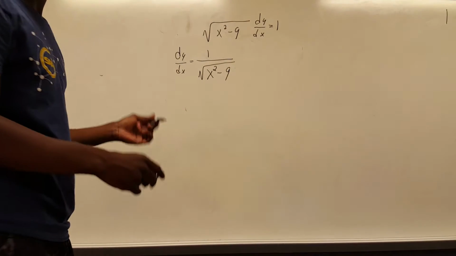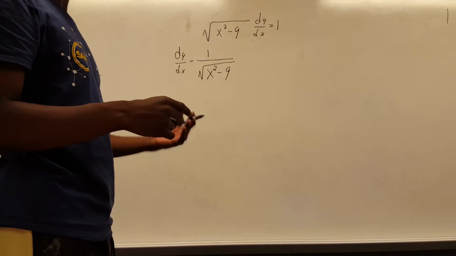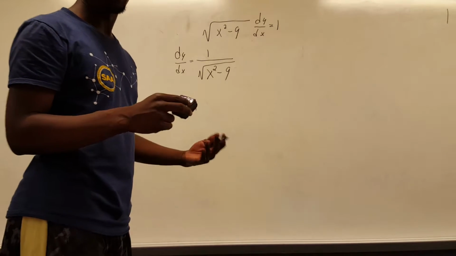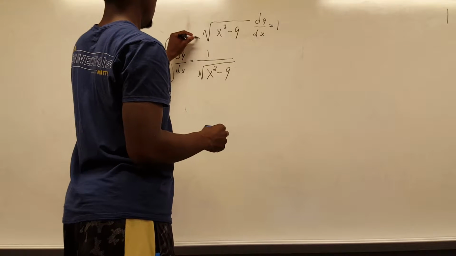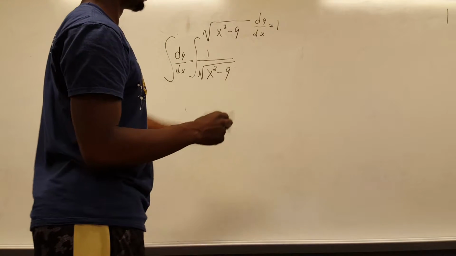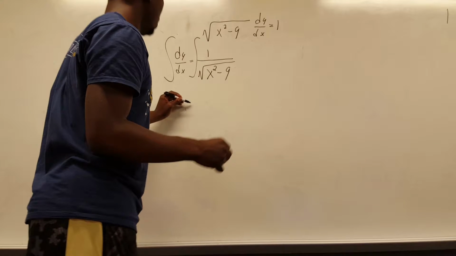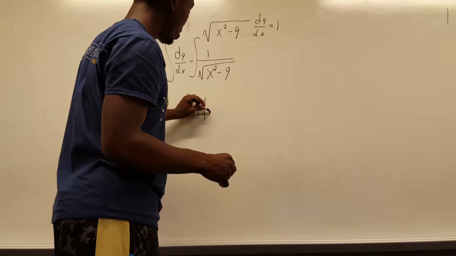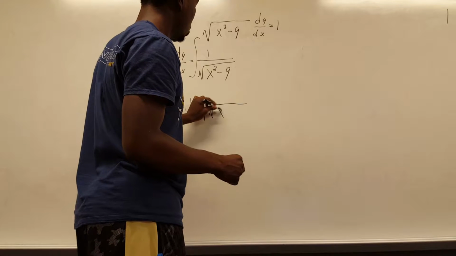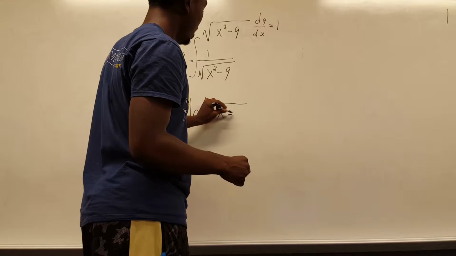Once we have this, we're in a form where we can integrate the function. So we go ahead and integrate this. The dy over dx is going to disappear and just go to y. We integrate this, and we're going to get the natural log. I'll write it right here: the natural log of the absolute value of the square root of x squared minus 9